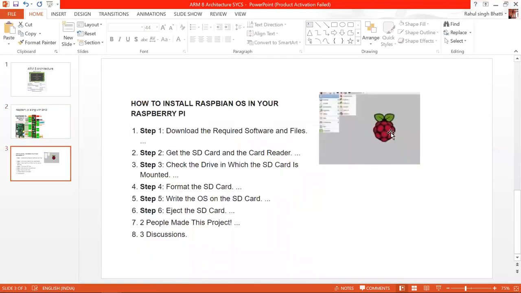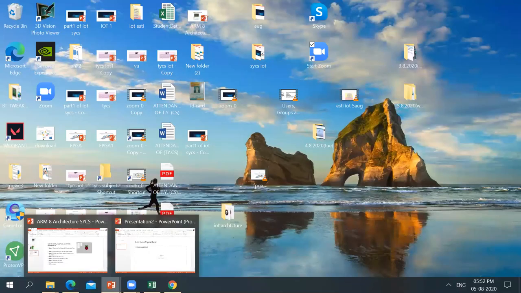ओके, हाउ टू इंस्टॉल रास्पबेरी। जब आप अपनी रास्पबेरी पाई में इंस्टॉल करते हैं ना, तो ऐसा शो होता है। इसमें पाइथन लैंग्वेज इंस्टॉल होती है जो हम यूज कर सकते हैं, जिसके थ्रू हम प्रोजेक्ट बना सकते हैं। तो फर्स्ट पहले हमें सॉफ्टवेयर फाइल डाउनलोड करनी पड़ती है। हमें 10 क्लास SD कार्ड बाय करना होता है या कार्ड रीडर। देन उसको फॉर्मेट करना होता है। देन उसमें OS पुट करनी होती है, कुछ लिनक्स फाइल होती है, वो पुट करनी होती है। देन हम अपने रास्पबेरी से कनेक्ट करते हैं। अभी लेट्स सी, मैं आपको एक वीडियो क्लिप के थ्रू समझाती हूँ कि रास्पबेरी पाई कैसे हम इंस्टॉल करते हैं, मतलब आपको प्रैक्टिकल के टाइम पे इजी होगा।